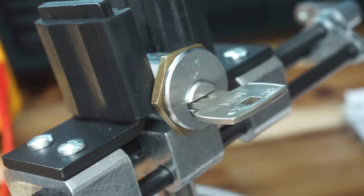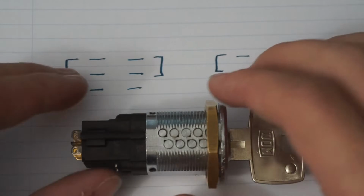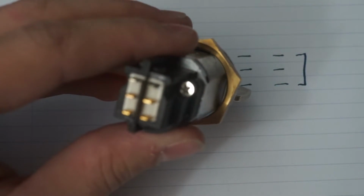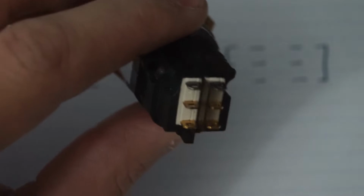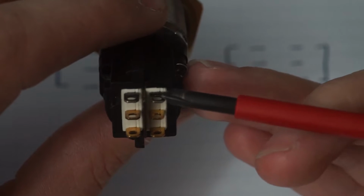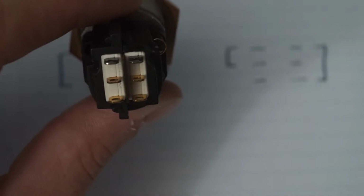So here's the lock itself, and you can probably already see that it's a little odd. It has this electrical component on the back with these attachments for wires, and this is a switch, and when we turn the lock it's going to change which of these electrical connections are connected. So there's 6 of them, and you can see back here in my diagram that I've drawn